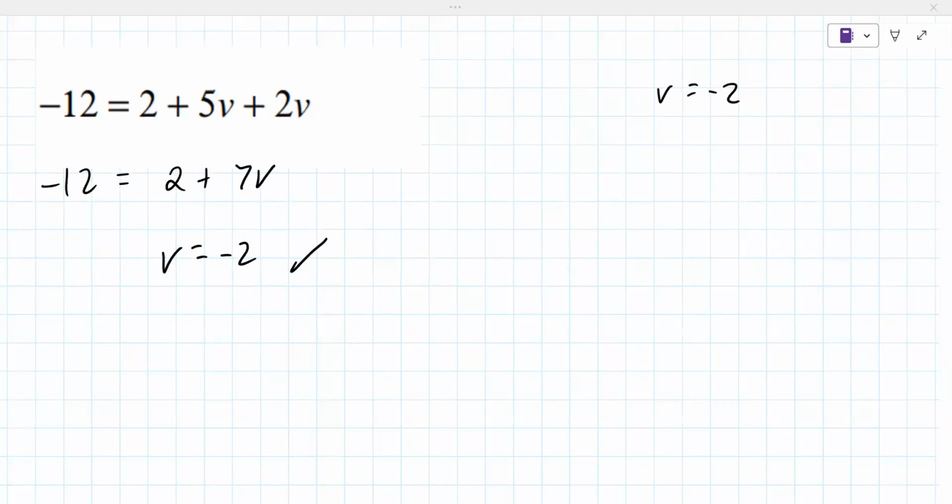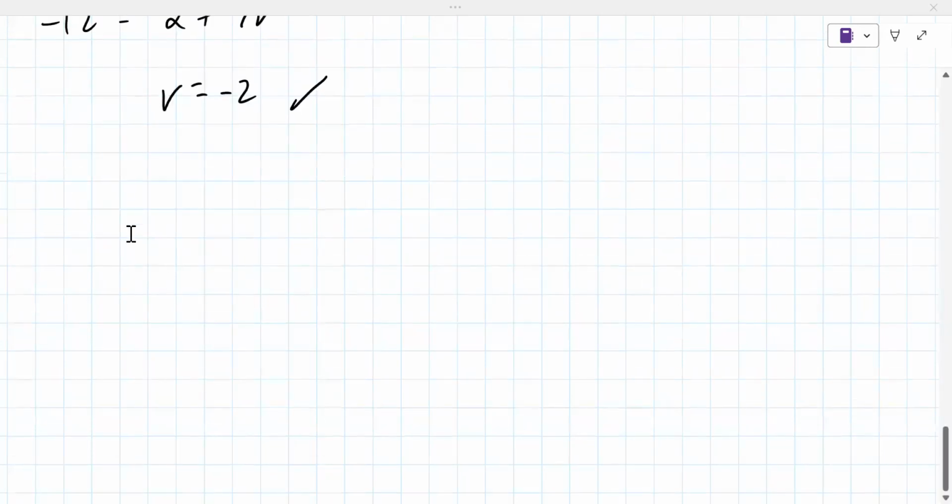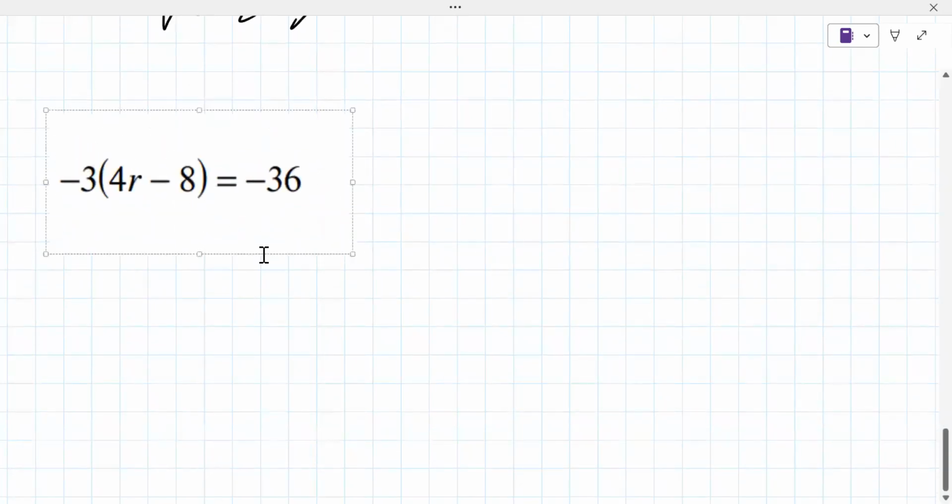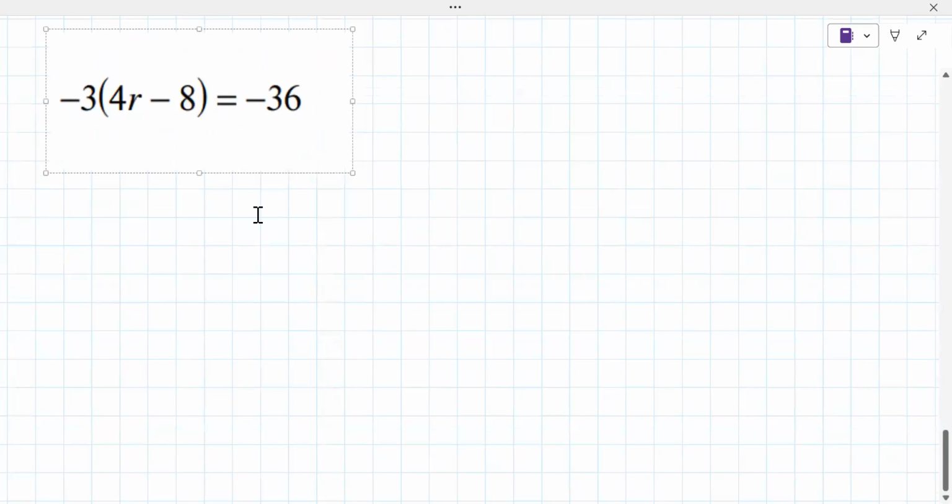All right, you're doing great. Now let's get to some more complicated ones, because right now you're doing so well on these. There's no reason for me to keep bashing out these easy ones for you. So here we go. On the left here, you get -3 times 4r minus 8, which is -36. Right? And then you have